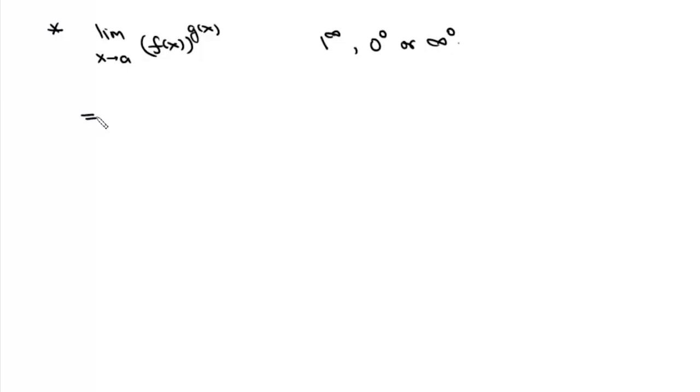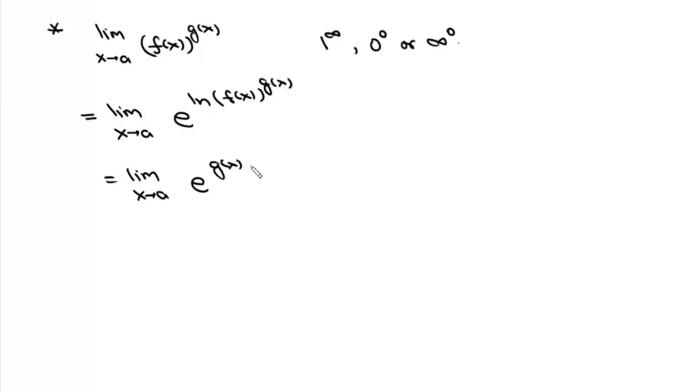Now in such questions what we'll do is we'll write this as this limit x tends to a e to the power log f(x) to the power g(x). Now we can take this power out, so it will be this limit x tends to a e to the power g(x) into